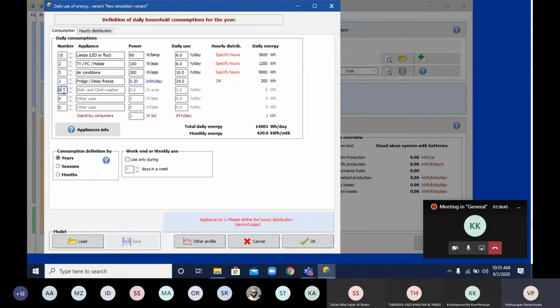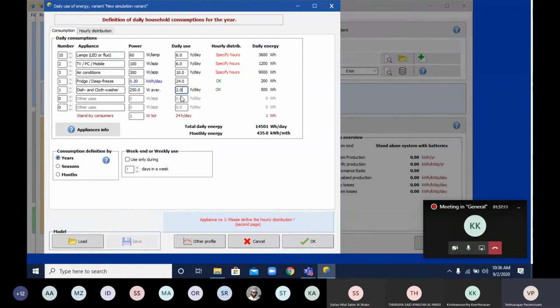Next, dishwasher. How much watt on average for dish and cloth washer? Normally the dishwasher is around 250 watts. These are all based on our search data for our application watts. Maybe it will change, maybe 200 or 300.